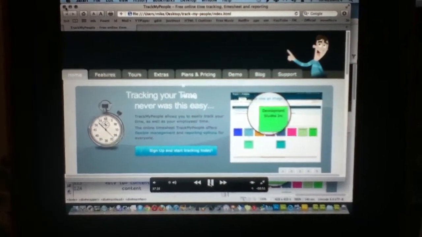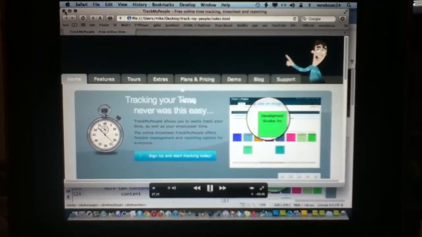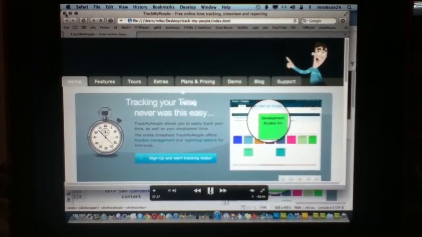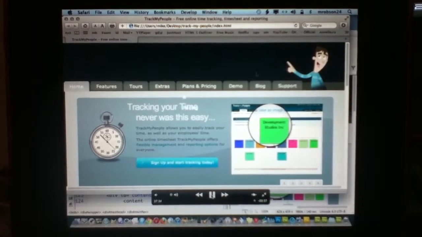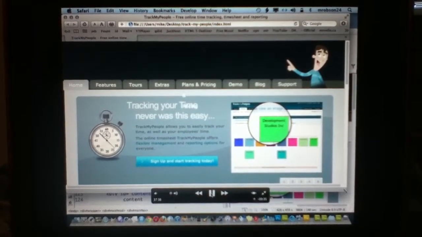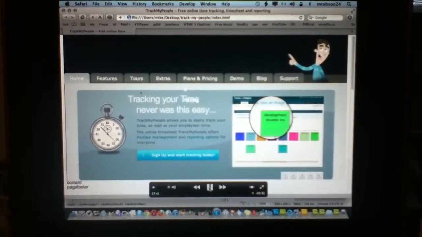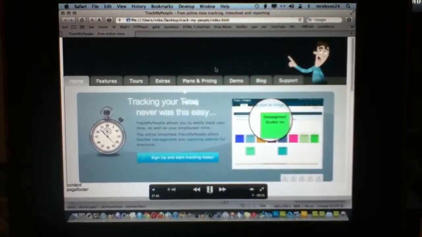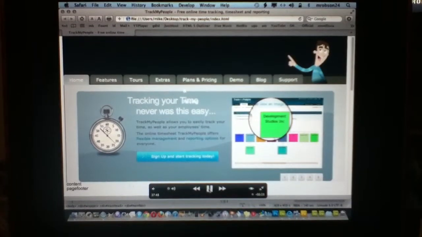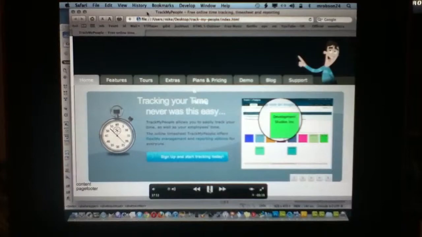So if you were to build a whole page with absolute position divs, when you go in to add a couple paragraphs, you're going to have to move all of those divs individually to get them to line up correctly. So they're great for things like this: logos that hang outside the wrapper, images that appear down here in the top, bottom, right side of a browser or top left corner that are outside the wrapper. That's a great place to use an absolute div, and also if you want to overlay one image over top of another. So that is quickly the Track My People